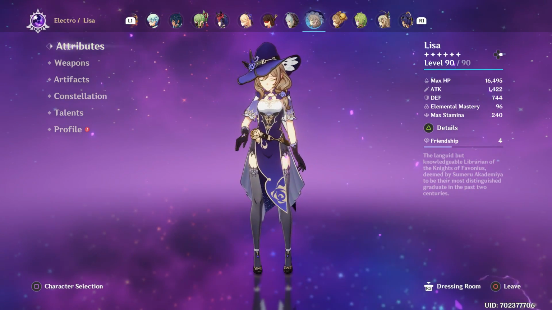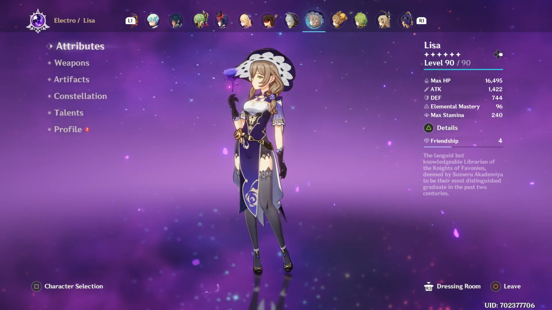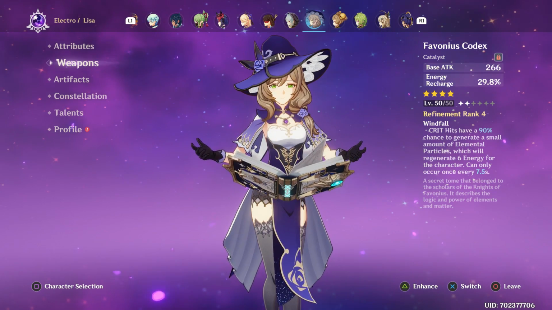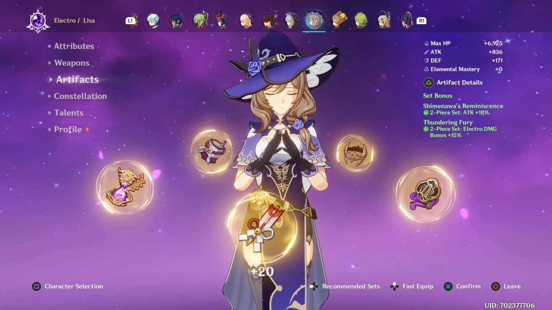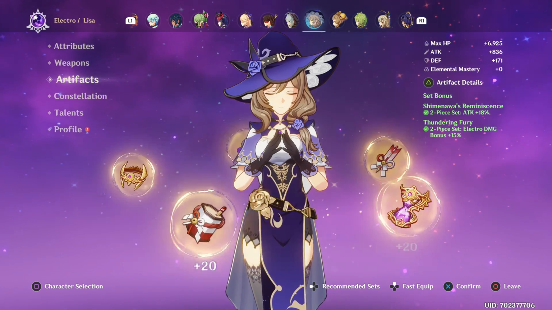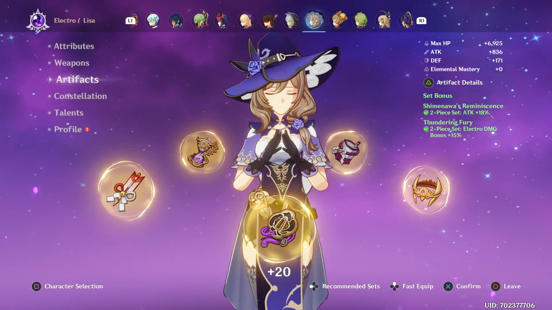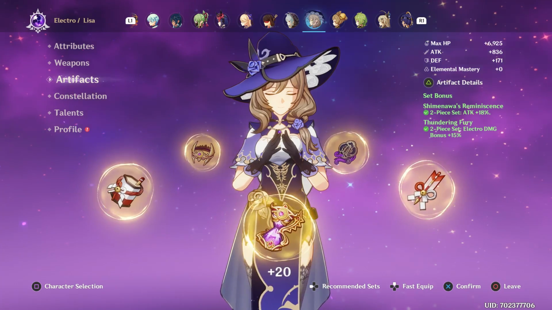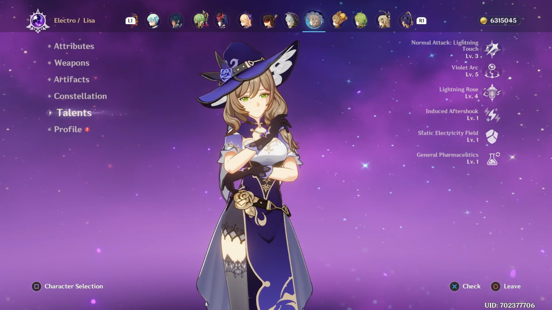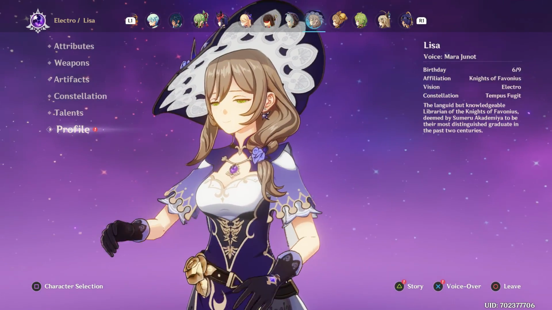Lisa. I haven't really done very much with her. So, I've got her at, obviously, level 90. I've got Favonius Codex at 50. Shimenawa and Thundering Fury. Again, this is another character where I've had to pull artifacts away. C2. And then talents are very, very low, so...